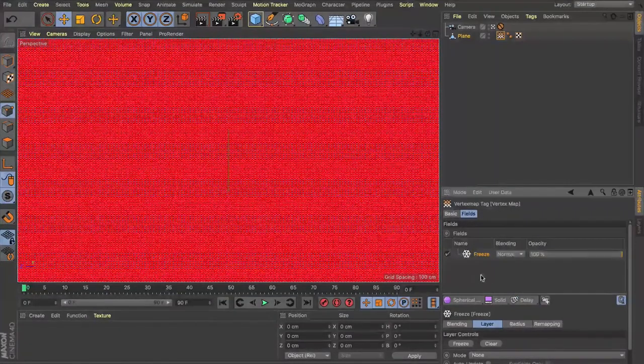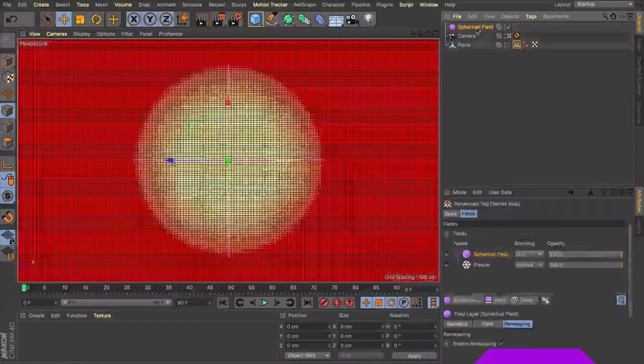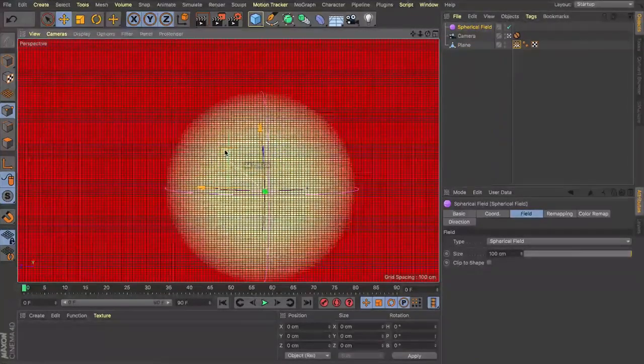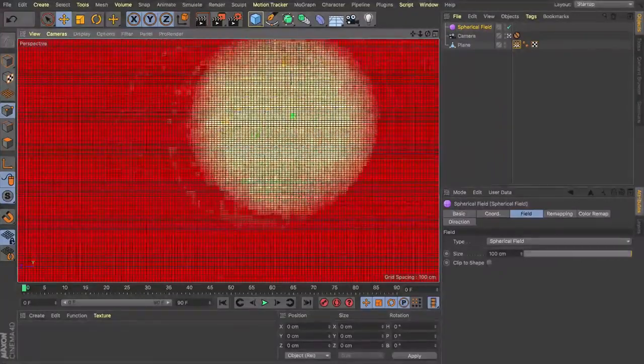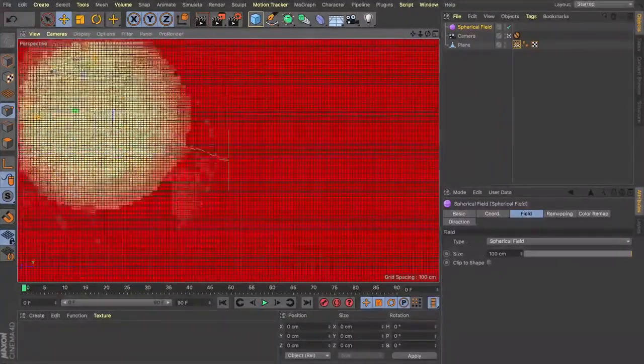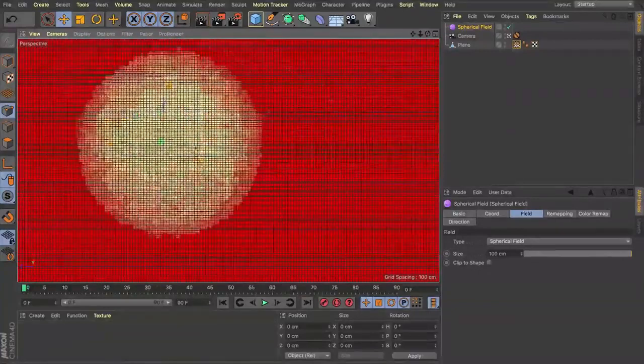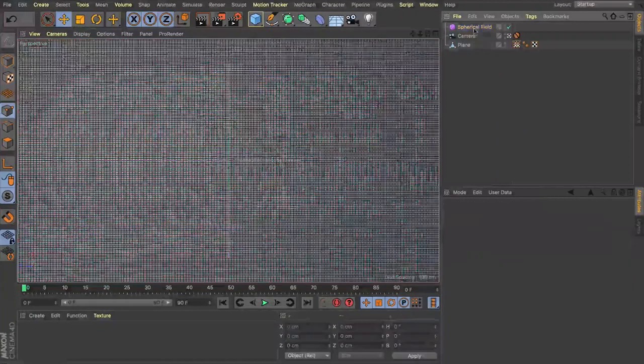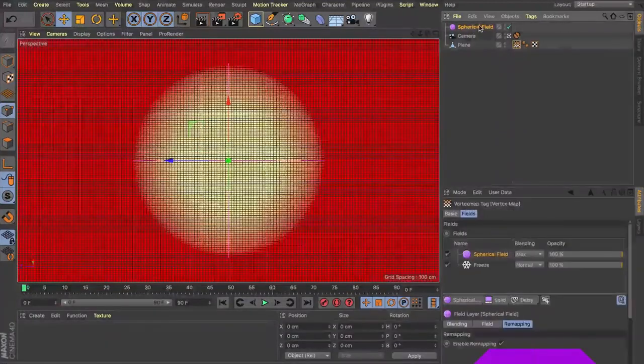All right, so to start with, I'm going to drop in a spherical field into my field layers here. And now you can see wherever I move this spherical field within our scene, it's actually affecting the selection within our vertex map. All right, nice. I'm just going to undo that so we get that back to 0. Now in those examples, I had a little text-based thing set up,